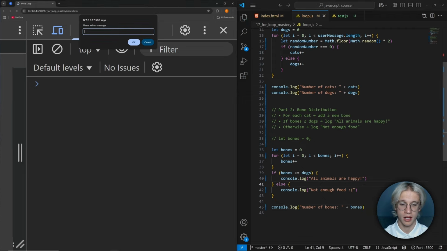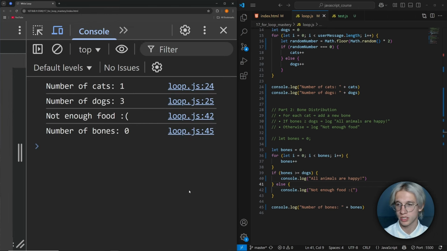I also added a new log to the console to see the amount of bones that we have. So let's test it. I will write something like "code", so we know that this word contains 4 characters. And then we see that randomly it was distributed between cats and dogs, and we have 1 cat and 3 dogs. So the next message that not enough food is the right message because cats are less than dogs, but